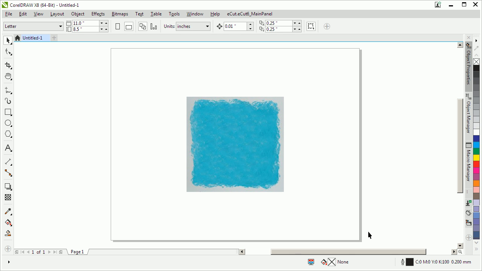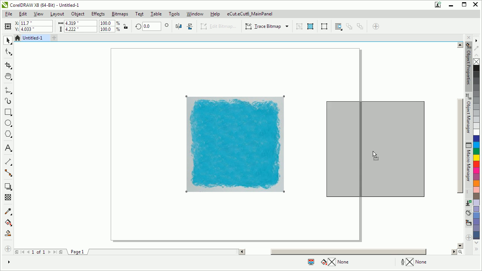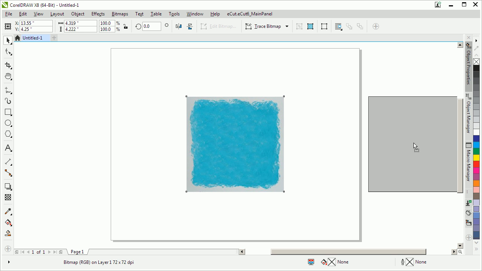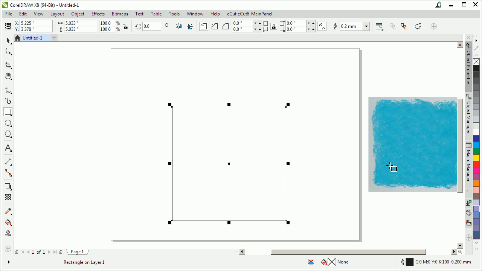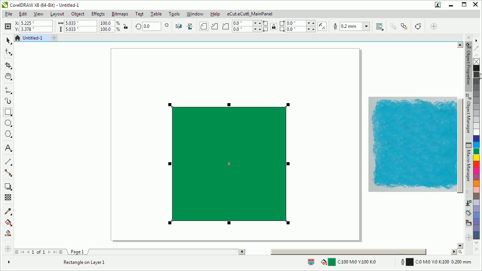A user in the CorelDRAW forums was wondering how to create something like this in a vector format, and something that could possibly be reusable. So I'm just going to set this off to the side for the moment, and I'm just going to create a quick little rectangle here. And if we were to give it just some other little color for the moment